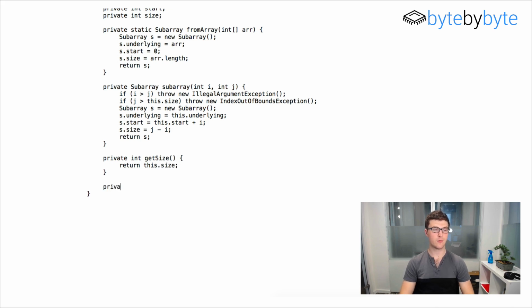Then private int getFirst will return the value at the first element. So it's going to be return underlying[start], because start is the first element. And then private int getLast